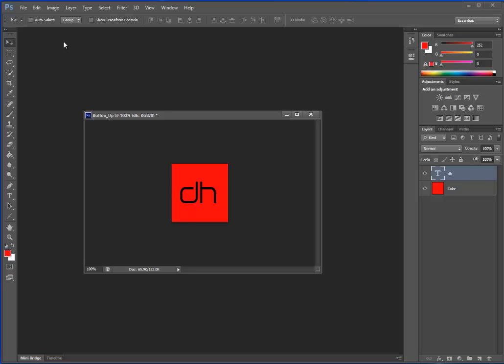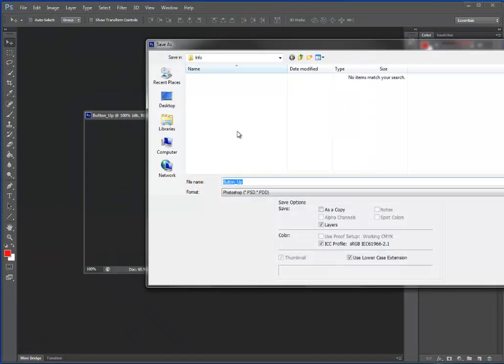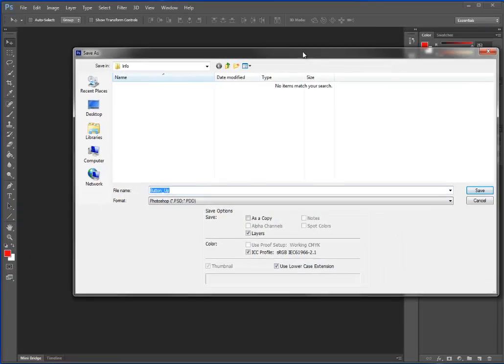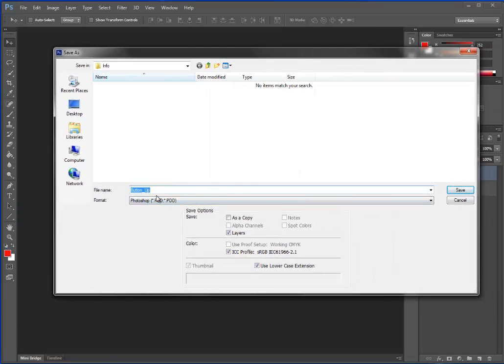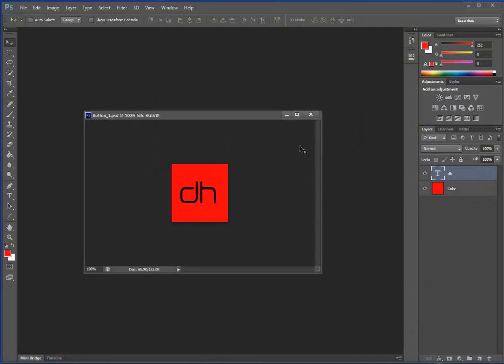We're going to go ahead and hit Control-S to save. That is the first thing we need to do. We need to save this as a Photoshop document. And the reason for that is that's going to maintain all of our editing capacities down the road. So if we want to be able to come back and manipulate this down the road, change the colors, change the text, we need to have that saved as a Photoshop document. If we save it as an image, we automatically lose all of that content. Okay? And so I'm going to call this button 1. Okay, so hit save,